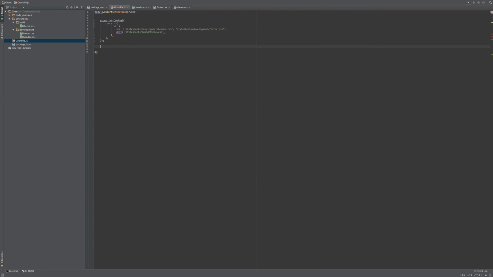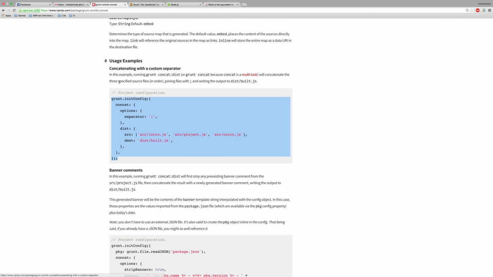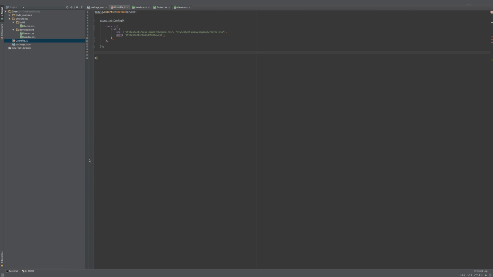So far so good. So once grunt starts initialization, it includes this task concat, and concat will concat these two files, the two files header and footer from the development folder to build dash theme.css. Now we need to register it, and to register it, all you need to say grunt